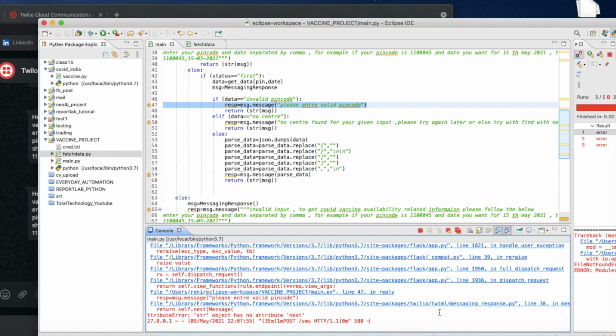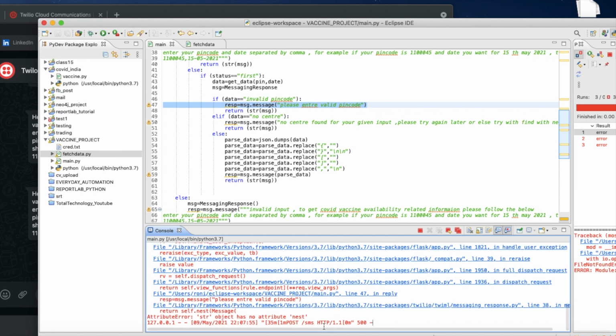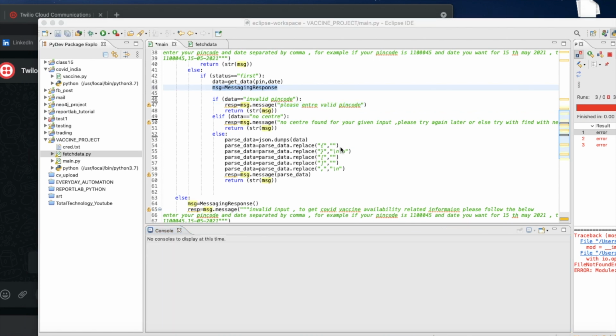Okay, attribute error. What is attribute error? Nest. Need to find that problem. I made a very silly mistake. So this is a method actually. This is the object of this messaging response class, if you see here. So I forgot to give these braces, so that is why all the problems are happening. So now if I do this thing,